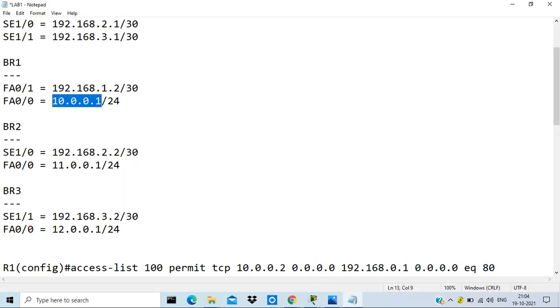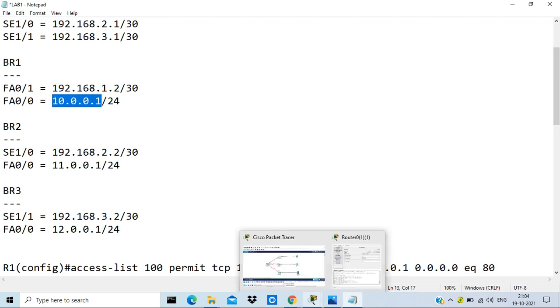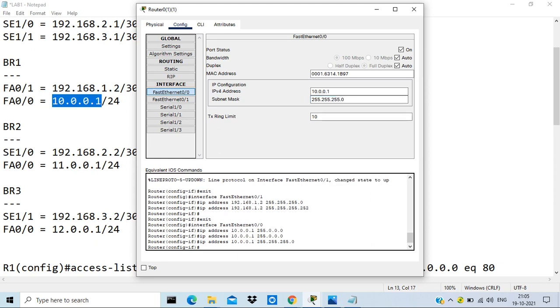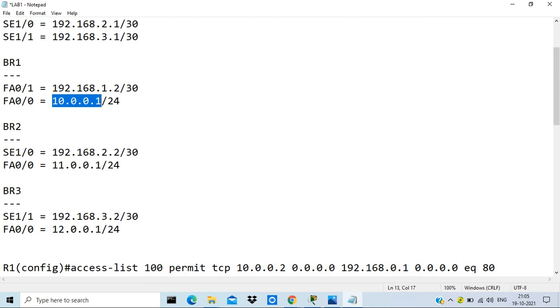By default, this 10 series IP comes under class A IP address. So that's why when I have written the IP, you can see the subnet mask automatically has come as a class A subnet mask. So I have to modify it to class C. They are actually using a classless IP addressing scheme here, so that's why they have modified the subnet mask. So I'm done with branch 1. I have to do the same with branch 2 also.